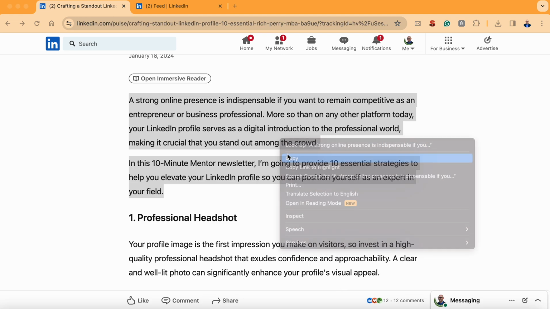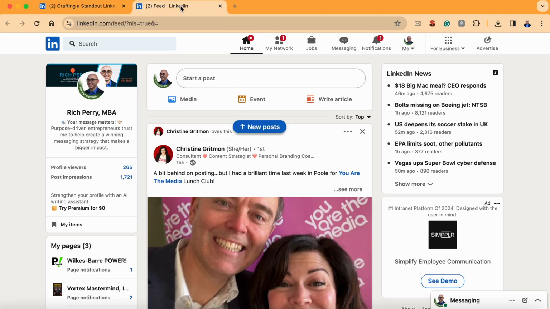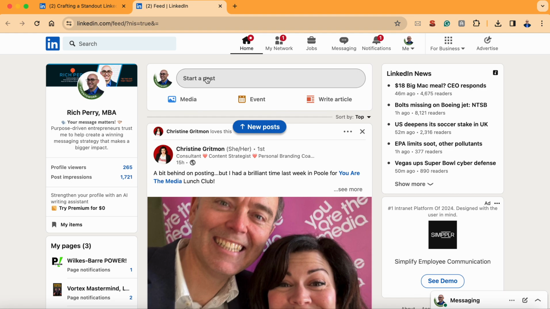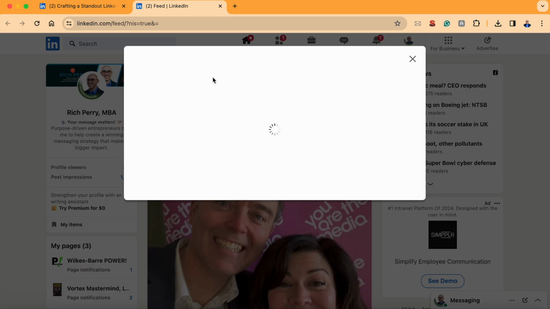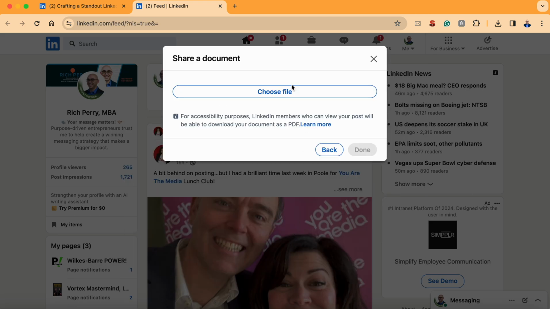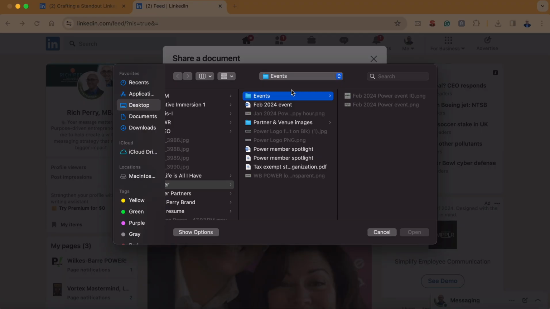Okay, so the first thing that we're going to do is go to your profile page. You're going to go into the start a post function, and all we're going to do is make a regular post. But I am going to set this up. I'm going to edit document. So we're going to choose a file,